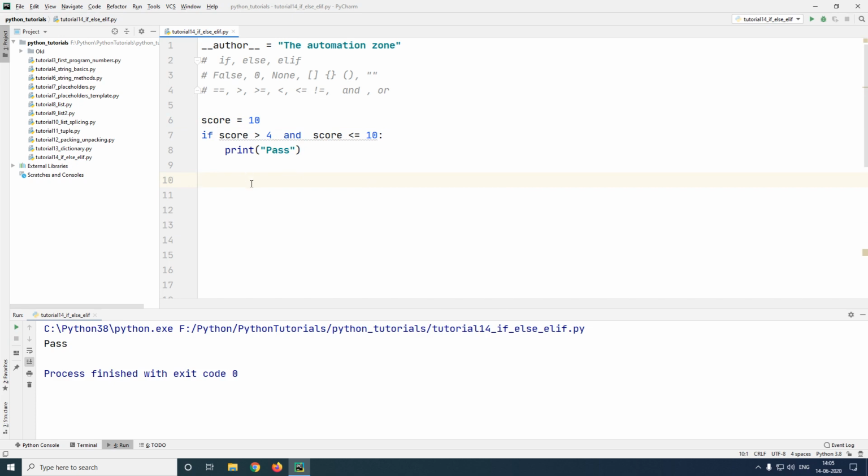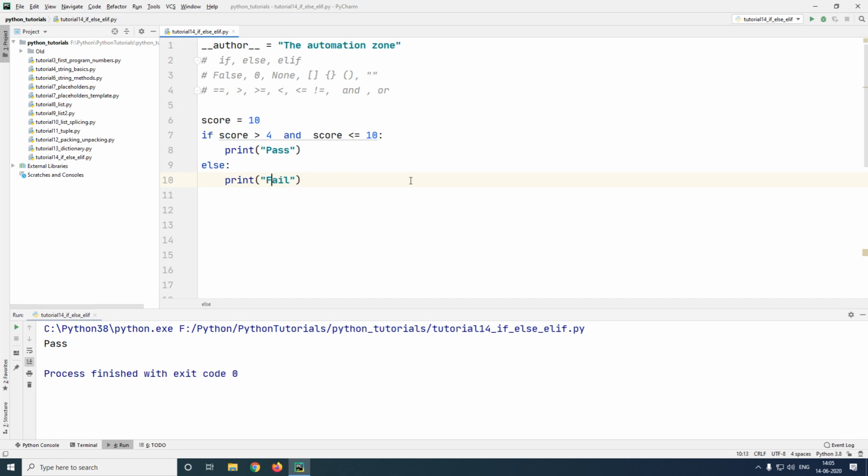Now note that we are executing the block of code that prints out pass if the above if condition passes. But when it fails, we are not performing any steps at all. In order to do that, we have to type in the else statement. And just like the if statement, we are going to put a particular piece of code inside of your else statement. Let me type here fail.